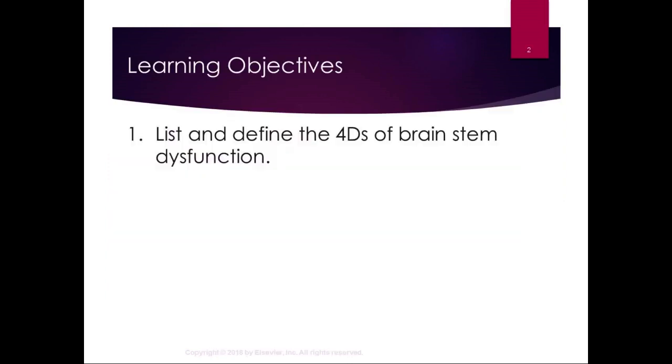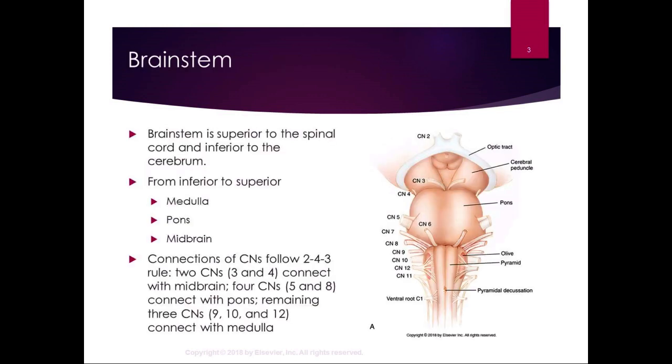And the learning objectives, very simple: list and define the 4 Ds of brainstem dysfunction. We'll talk about those, and I'll tell you which specific page in the book where those are listed. So you just need to know those 4 symptoms that start with the letter D and what they are. Okay? But we're going to talk a little bit about the anatomy and the components of the brainstem, just to